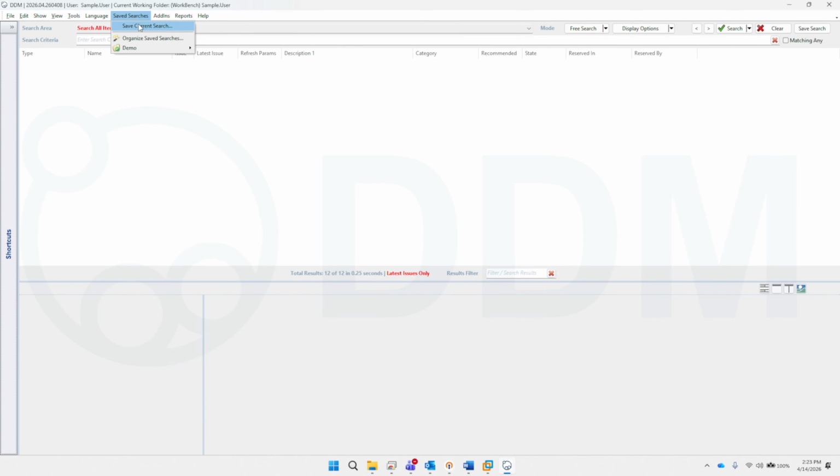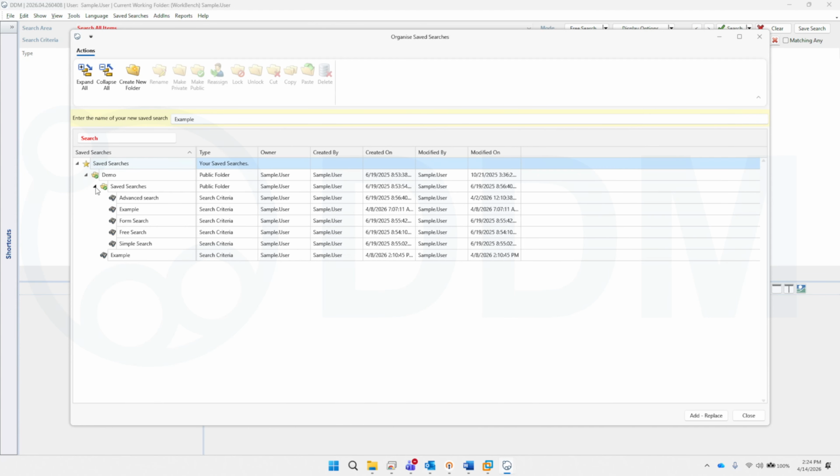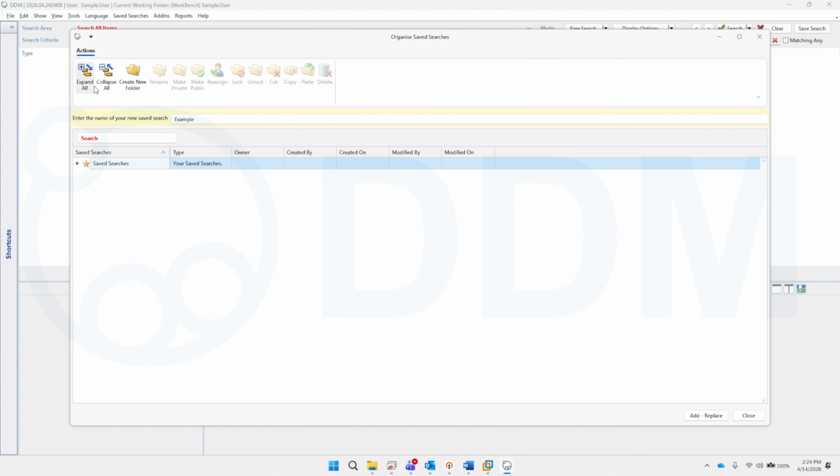Under Save Searches, we've also made updates. We've migrated from the original Delphi code to C#. So this is a more efficient code, and with that a few changes have occurred. I've selected the Save Current Search, and we can see we've got our navigation tools at the top. In the middle here we have the option to give our saved search a name, and at the bottom we have the structure of our saved search folders. So I've got the saved search, demo, saved searches. At the top we can expand and collapse the structure,